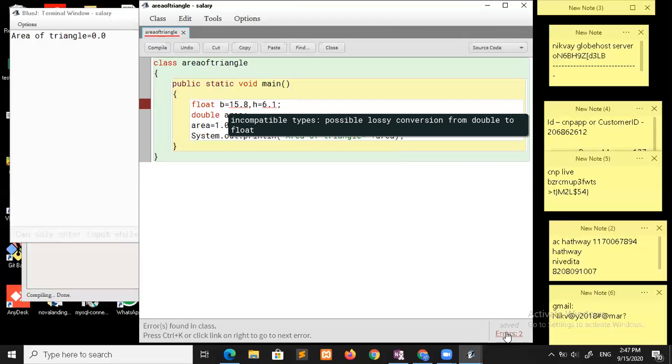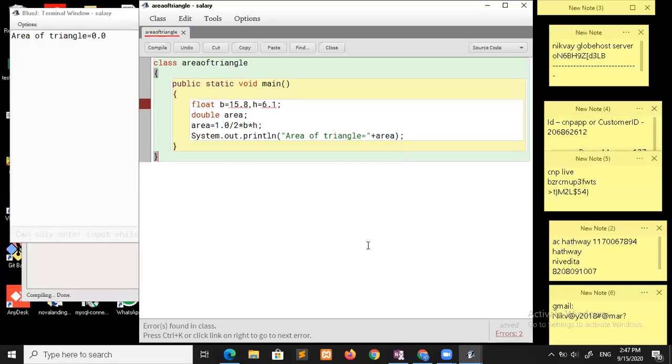Because see, if I do the same program in C++, I'll show you C++ also later on. If I do it there, the output comes. I get the output. Only the thing is, what we have to do is make use of round brackets over here, because brackets play a vital role in this case. Yeah, see, still it is having an error. Float area.